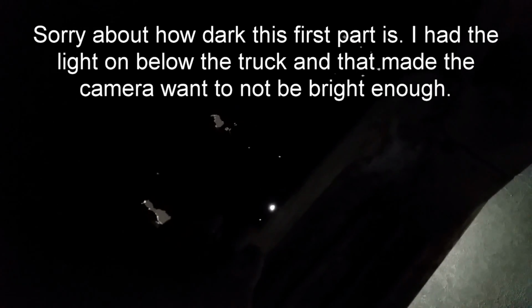Okay, now I need to fix the holes in the floor here. So I'm working on the truck. And where are the holes? So how many of them are there? Looks like we have some here,